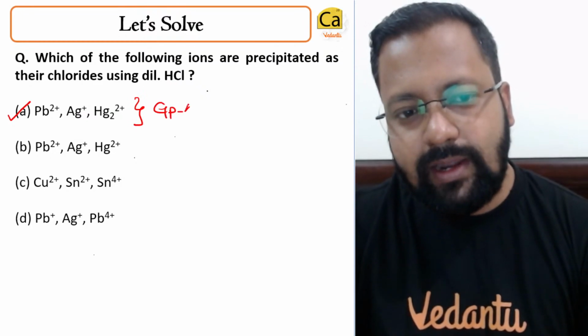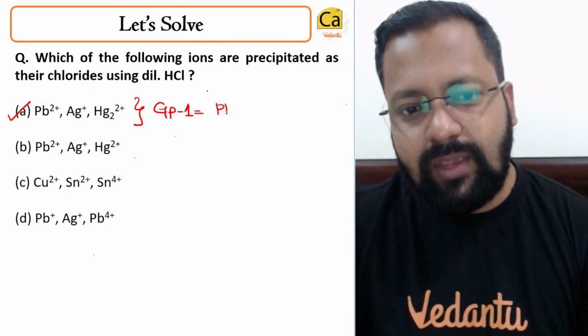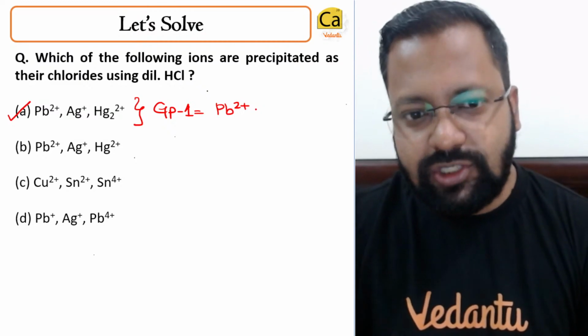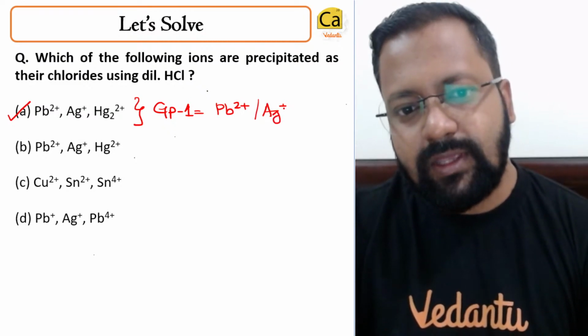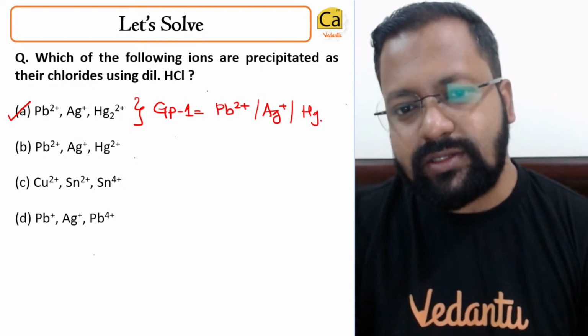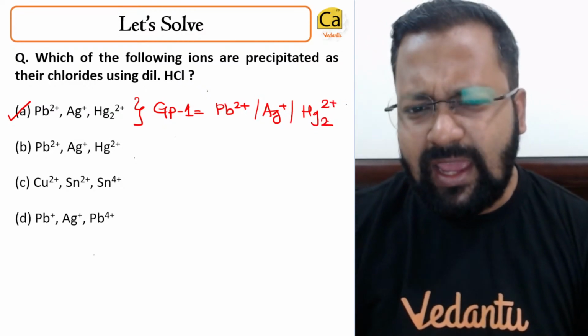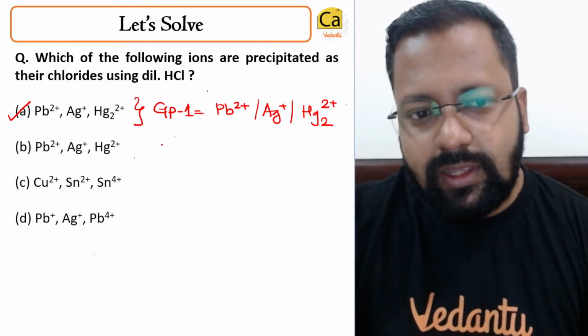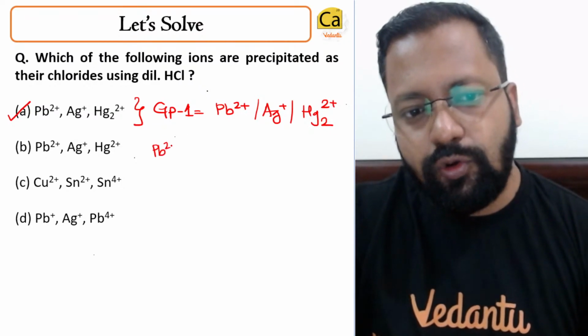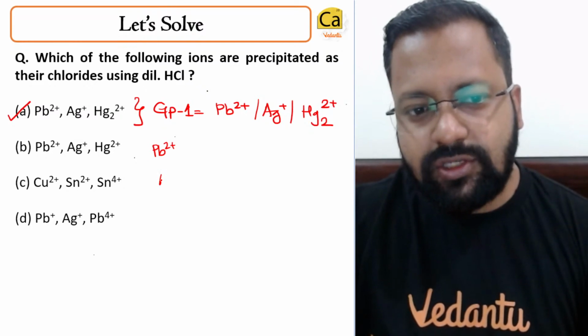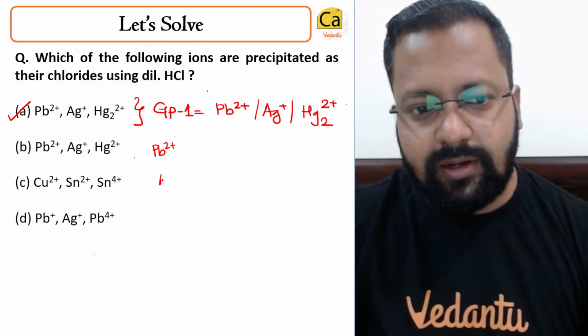Group 1 contains Pb2+, Ag+, and mercurous Hg2 2+. Remember that Pb2+ and Hg also appear